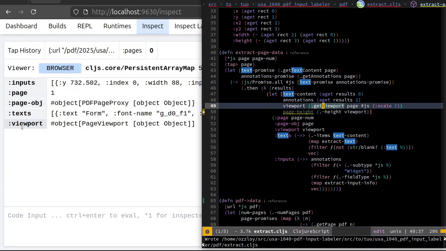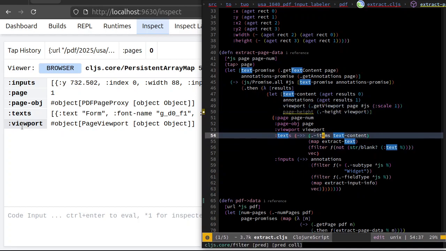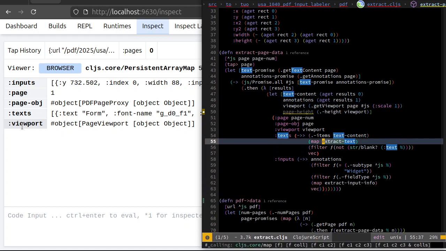And then here, texts is equal to all of map extract text over the stuff. Is this already a... No, it isn't. Okay. So we get items. So I want to flip the y-axis. Let's see. I want to flip the y-axis and